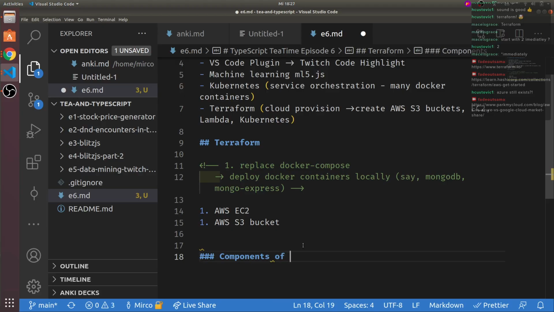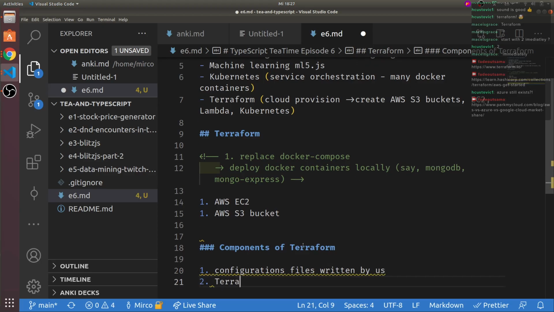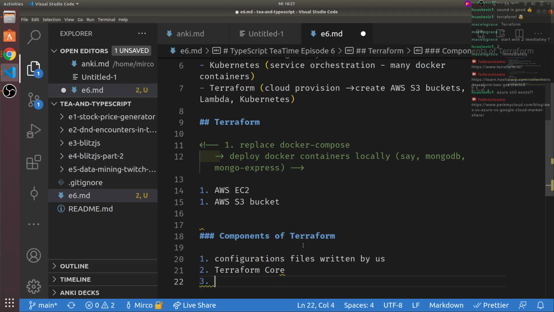Let's call them the components of Terraform. Part one is the user provided ones, which are configuration files written by us. Then there's the Terraform core, and it does some amazing stuff. We will get into that in a moment.